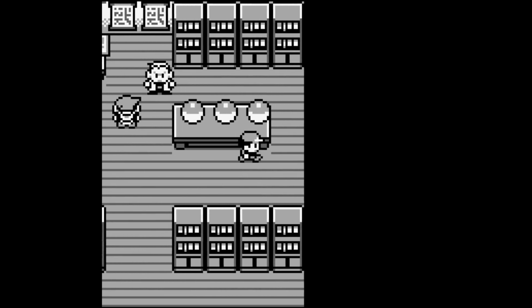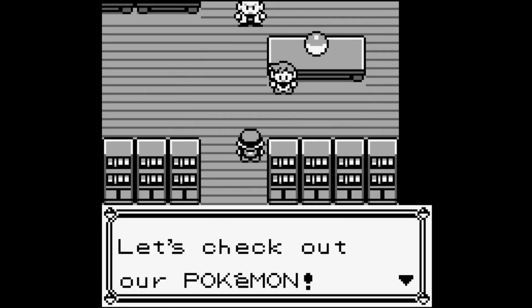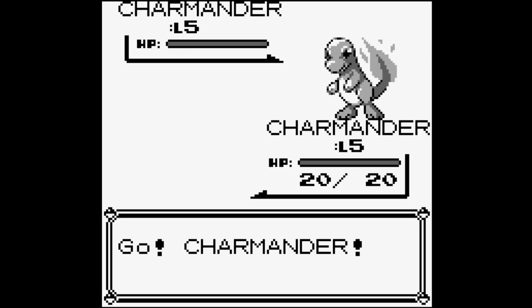As generous as always, Professor Oak offers me a Pokemon from his collection. So magnanimous! I choose Bulbasaur, but before I can depart with my new best friend, Nomatem has the gall to challenge me to a battle. I send out my Bulbasaur and...